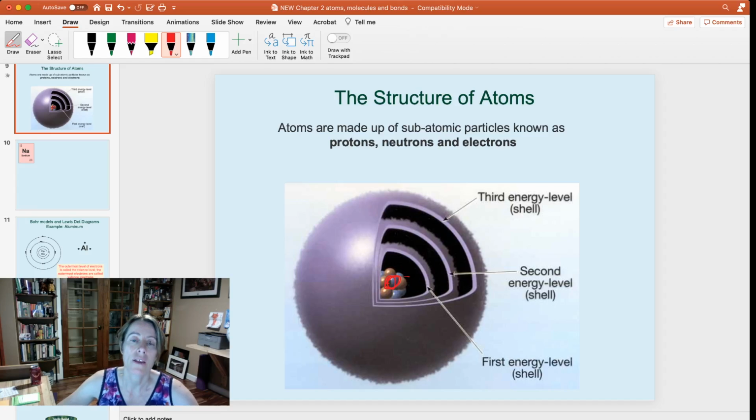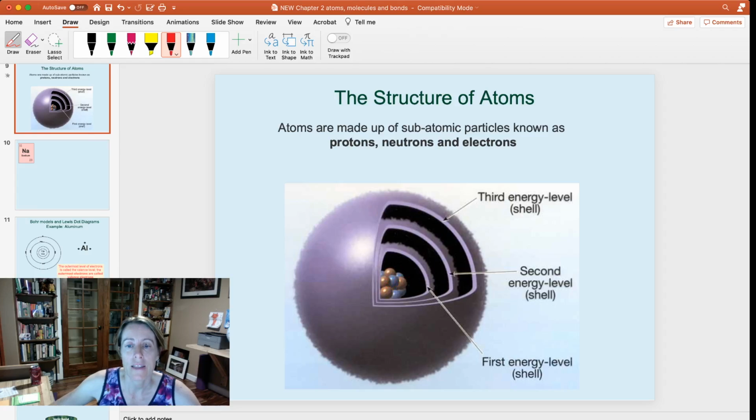And so the electrons have specific places where they have to remain as they orbit the nucleus of the atom. And we call these orbitals or energy levels or shells. So there's some specific rules about where these electrons can be, and they follow a general pattern, which